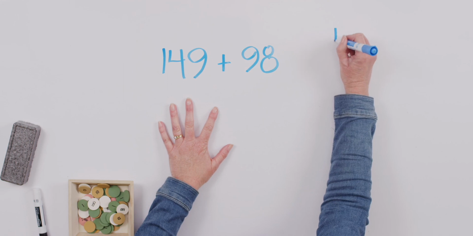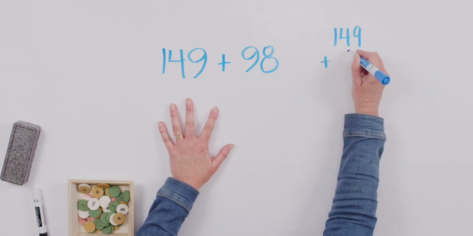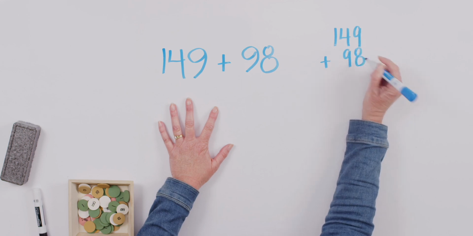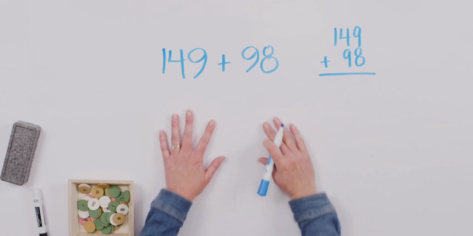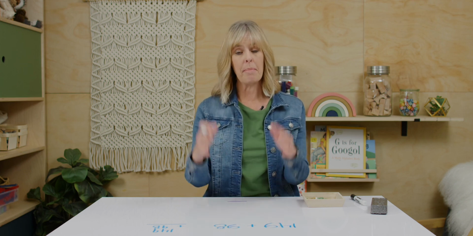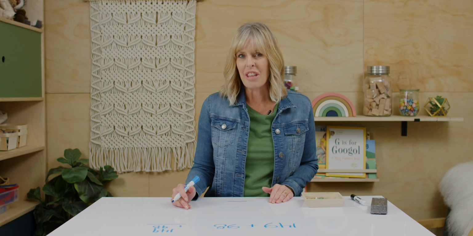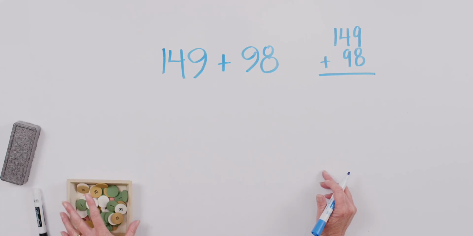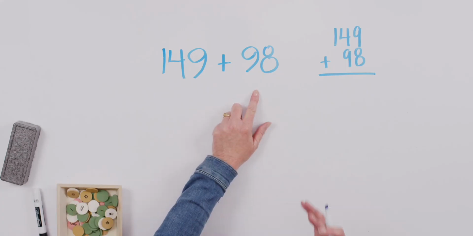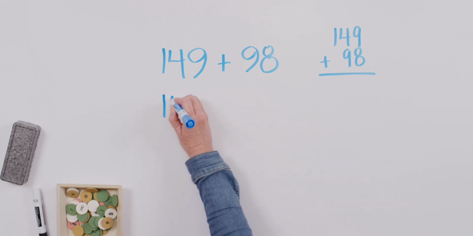I mean, we can always line up our hundreds, tens, and ones and add our 98 like this, right? But is there something we might change a little bit to make it easier to mentally calculate it? Tell your home instructor who's with you a strategy that you think might work. I bet some of you thought, you know what, 98 is so close to 100. I wonder if I could add